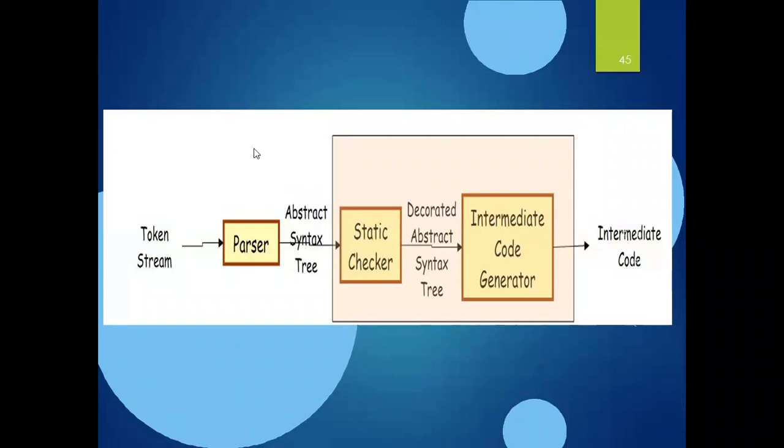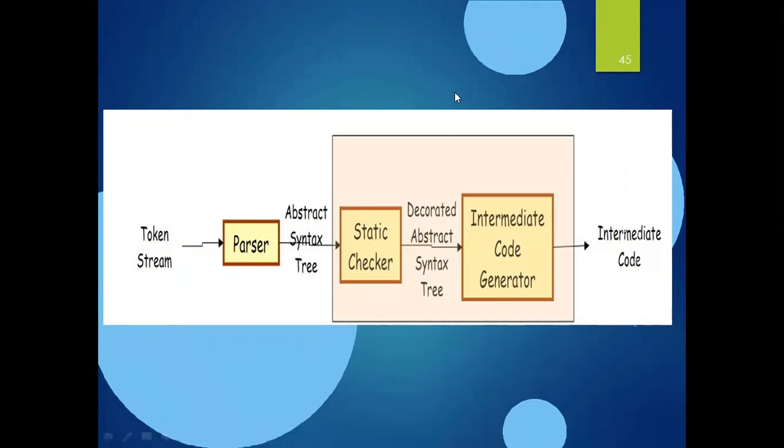Make a note of this. After performing the static checker in semantic analysis, the output should not be changed from the parser. What we are doing is checking the meaning, whether it is a precise meaning or not. That means we are obtaining a precise meaning for each and every thing that we generated from the parser. So we're performing type checking here, and then finally we're generating the output in the form of